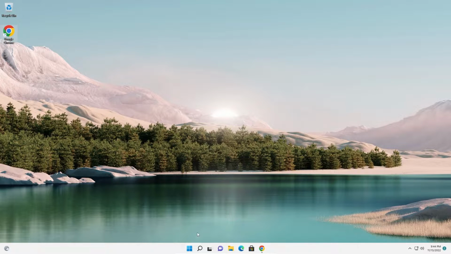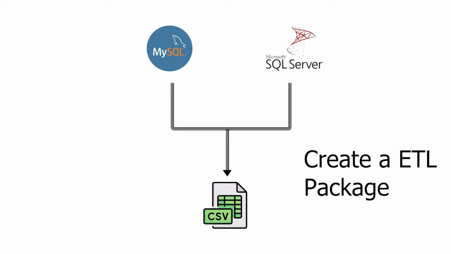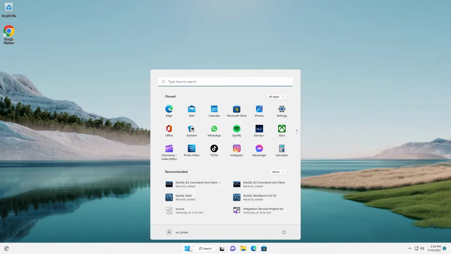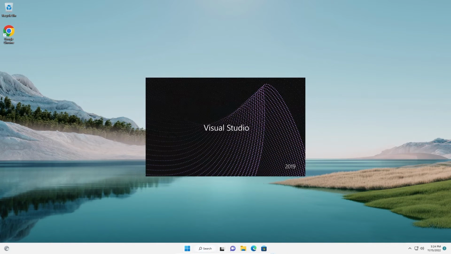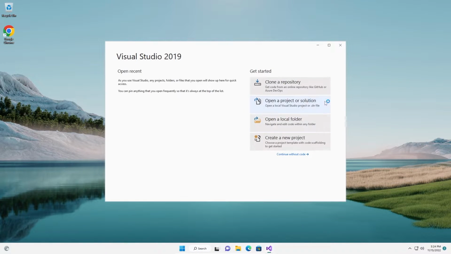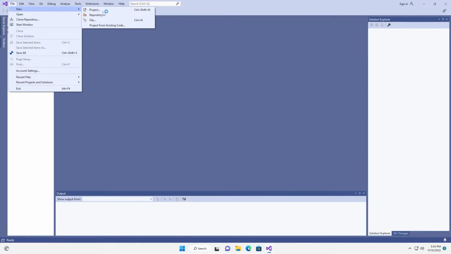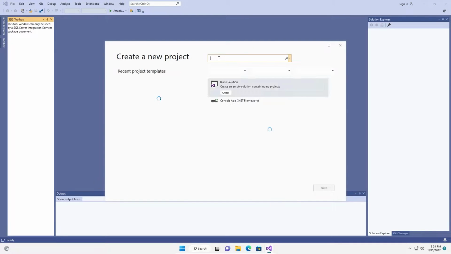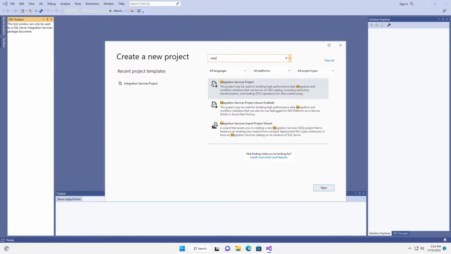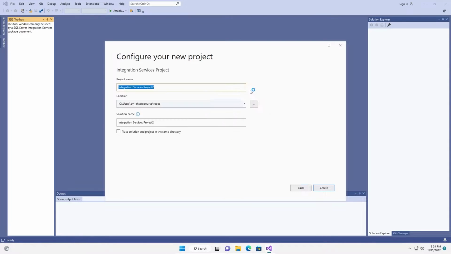Now you can open your Visual Studio. Let me show you the Visual Studio Integration Services project. You have to provide a name.